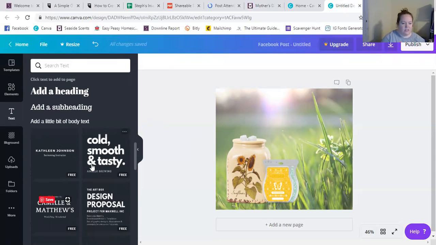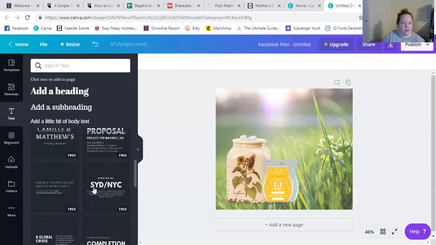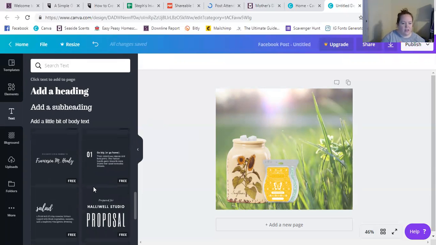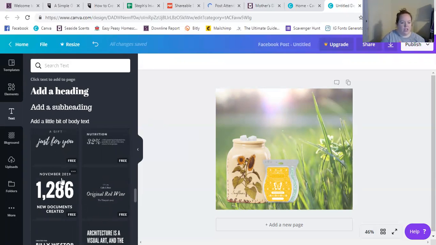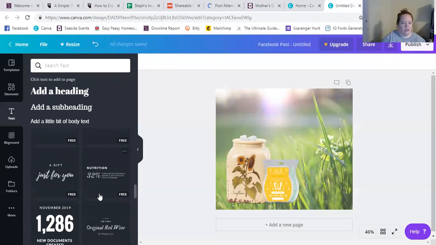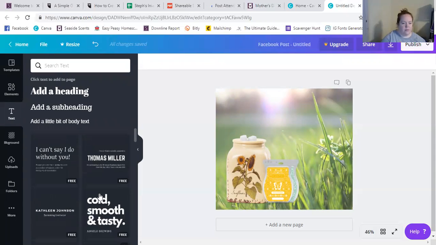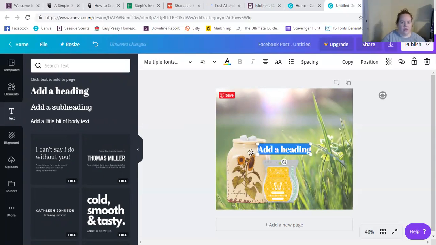Again, these include 2 fonts together. So if you like the look of one of these, then it's already there, and you just change the wording, like it shows you exactly how it's going to look. All right, but again, I want y'all to learn how to do it yourself. But those options are great. The spacing is already there, the alignment, everything, it's really nifty. Okay, so I'm going to add